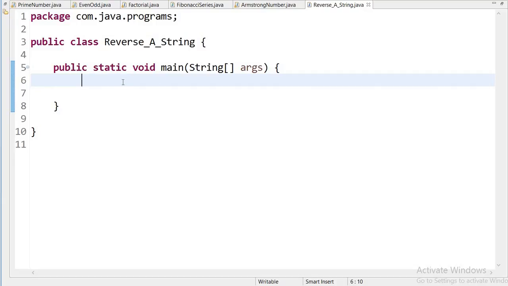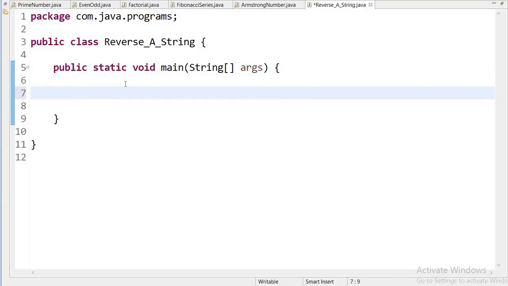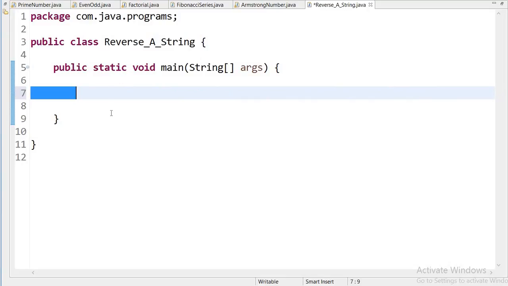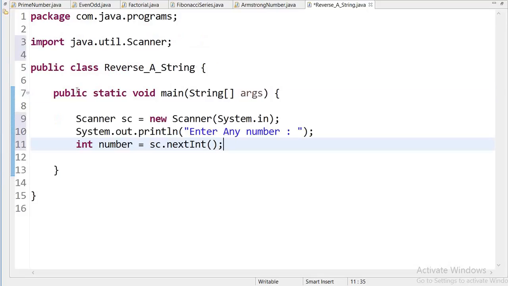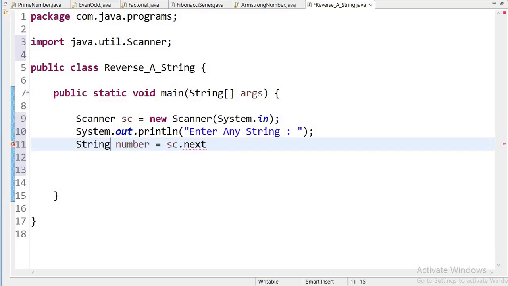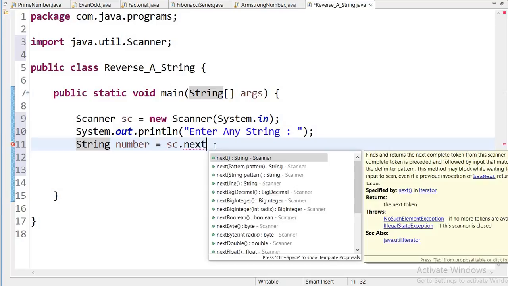Here I have created one class, reverse a string. After this program I will start data structure algorithms, and here I have to send input. I just copied from another program and I will paste here for input. Here the user can enter any string value that he wants to reverse, and here it will be int, here it will be string, and next